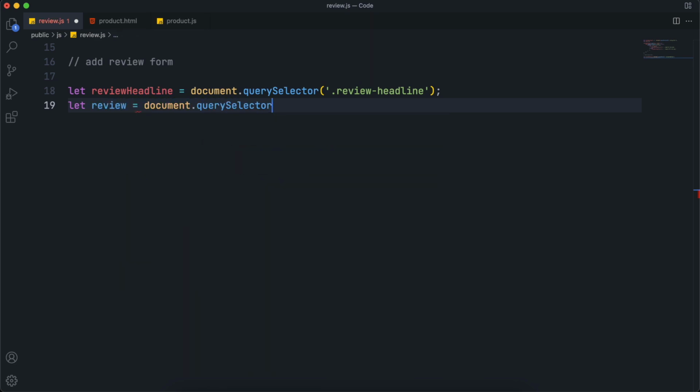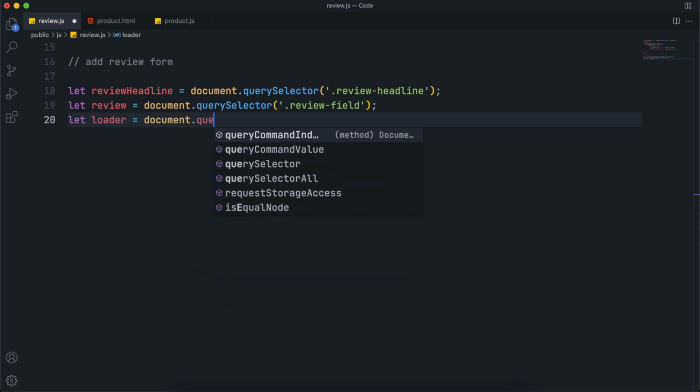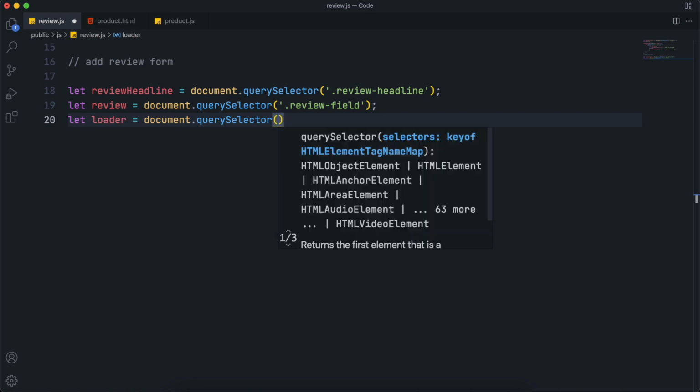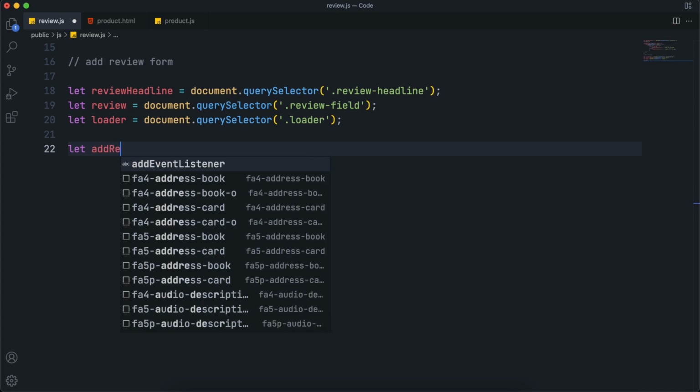So select the review, and also select the loader element so we can show the loader when submitting the form. Now select the add review form button.